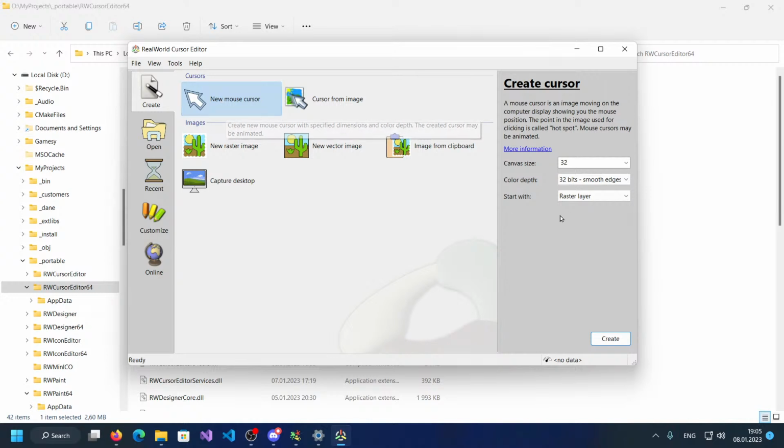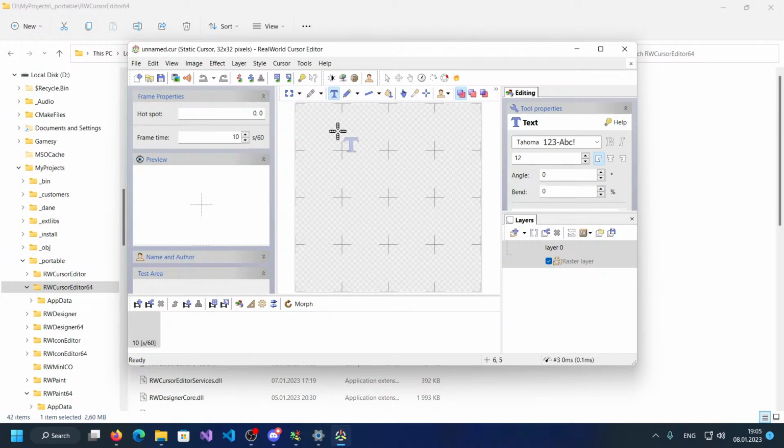And I'm not sure whether I have already mentioned this, but when you are creating a cursor, you have an option to select the type of layer you start with. Of course sizes and color depths, but when you are creating large cursors,